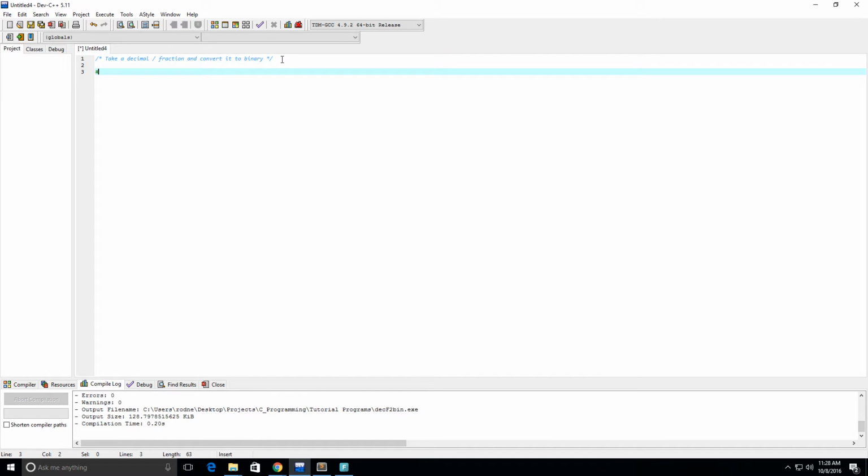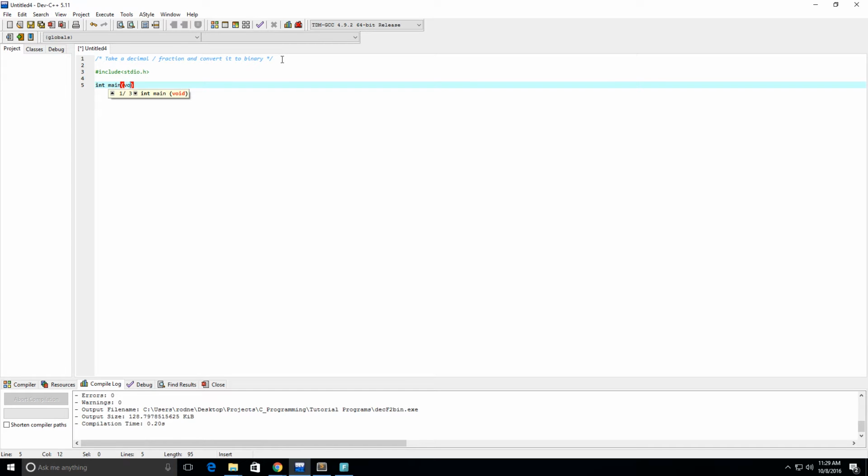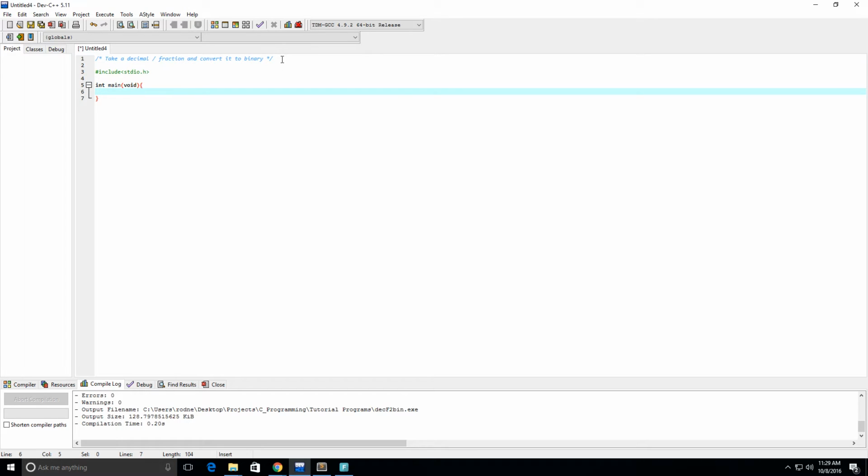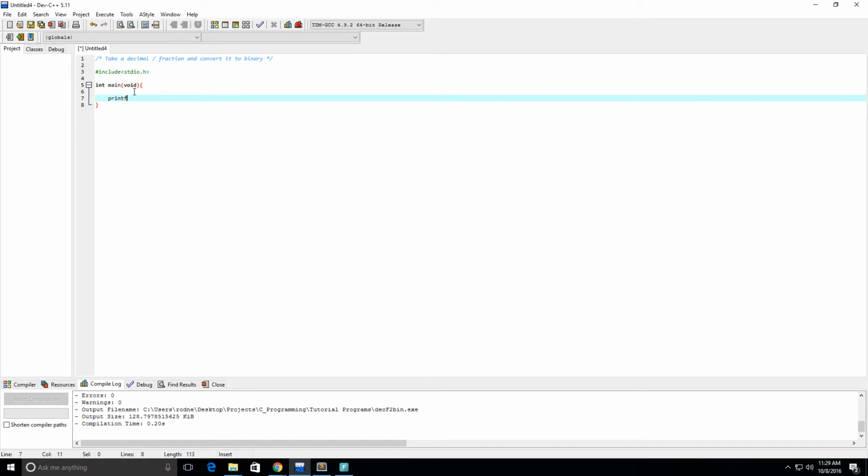First, we're going to include our standard input-output.h library. Let's create our main function, main. I'm going to put void here so we don't have to return anything. And we want to have a print statement. We're going to say, please enter a decimal number, and I will convert it to binary. So \n,